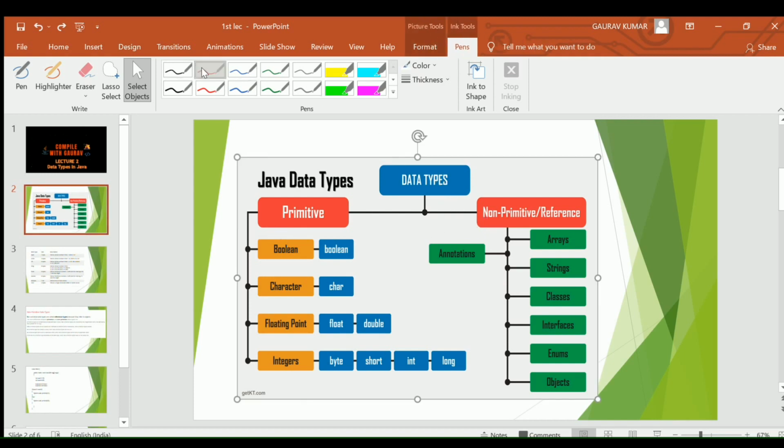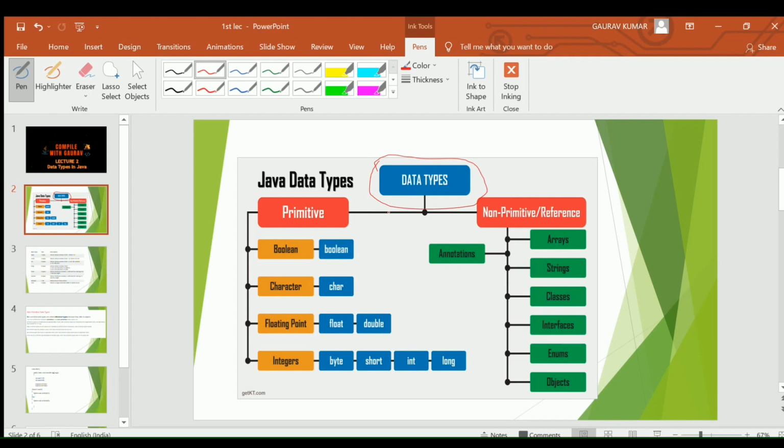First of all, what is a data type? A data type is nothing but a type given to the variable or the data you are taking. Suppose you are taking a equal to 10, then you have to define which category of data it belongs to. So that is int a or char a, float a. Basically it is a way to define which category of data your variable belongs to.